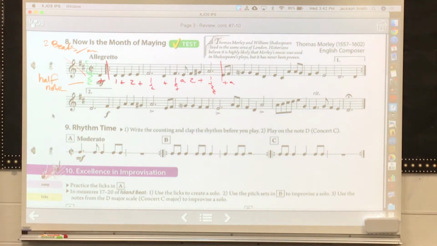All right. Let's try playing it together. Now I'm playing on tenor sax. Not my best instrument, so forgive me. Our tenor sax players in the band might make fun of me for doing this. Here we go. 1 and 2 and ready and